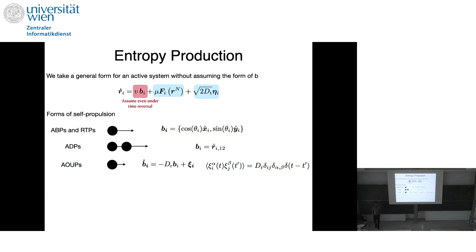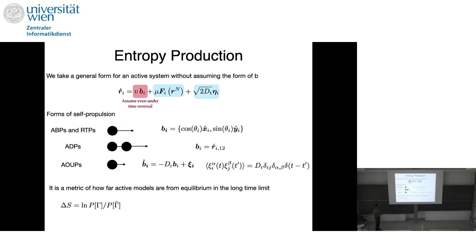And then lastly, I'll consider active Ornstein-Uhlenbeck particles, which is probably the most different out of the models considered, because if you do v times b, both the magnitude and the direction can change. So it's not a constant speed on average. It can fluctuate, and the orientation changes. Okay, so these are the models that I'll consider, and specifically for the entropy production, how we compute this is